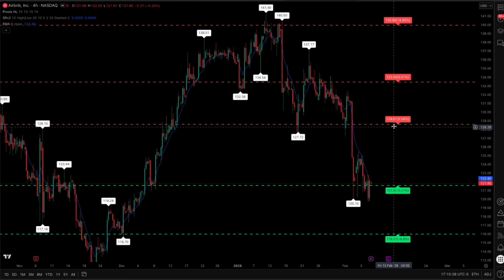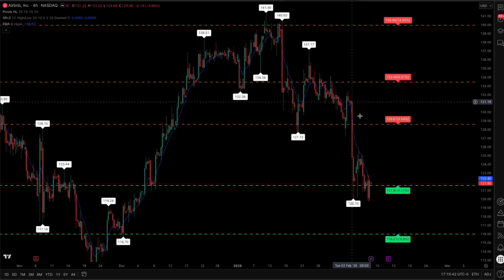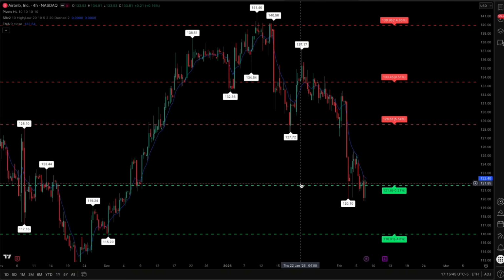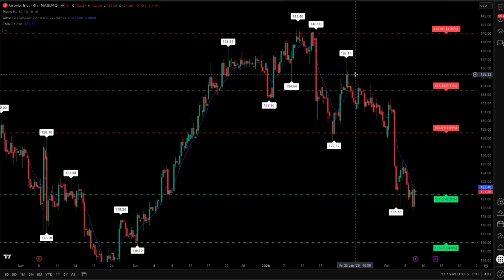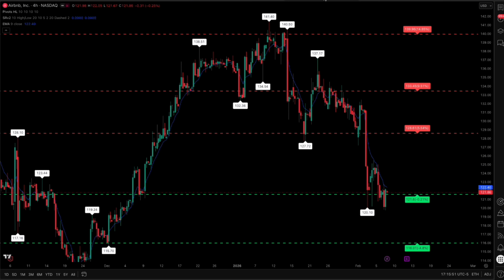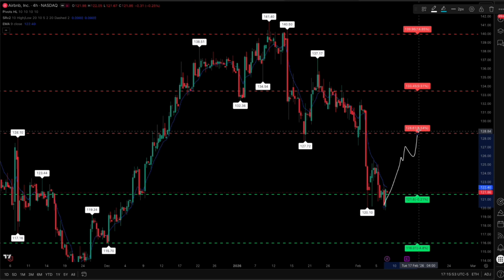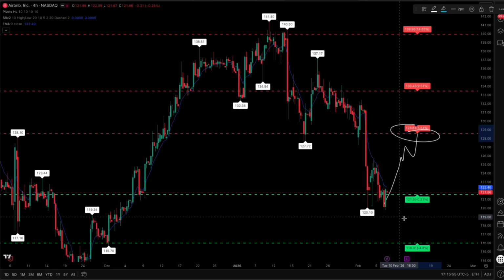Now, tying this into my cash secured puts and covered calls, if price is extended far above the EMA, I'm way more consistent with my cash secured puts, because I can choose strikes farther out and let price come back to me. With covered calls, if price is struggling below an EMA, that's often when calls would make more sense, because we would see that recovery back to the upside